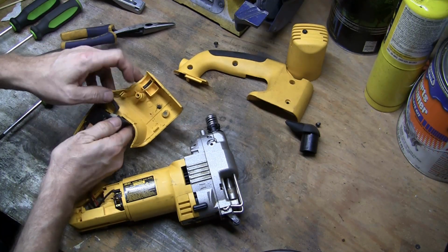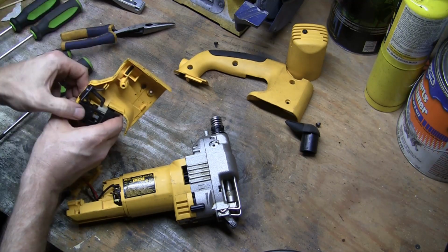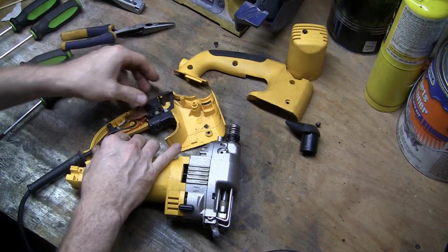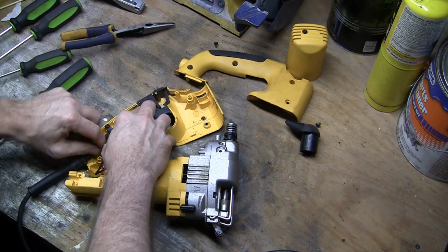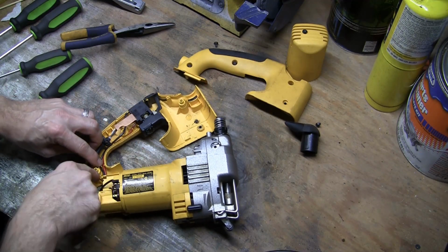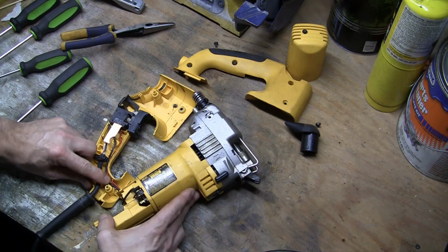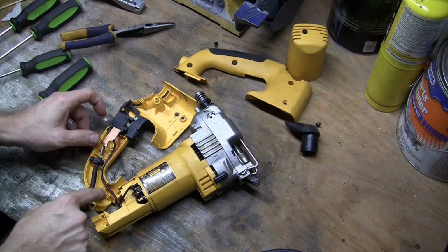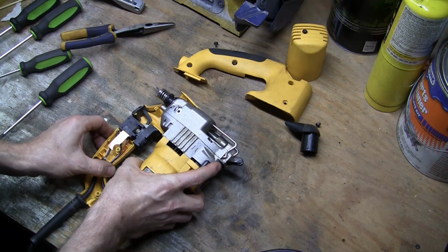Just make sure that the button here is in line with the tracks, and then you can run the wires back down inside the plastic. There are 2 forks right here to separate the wires, and then they go in front of this little post, and then it's just a matter